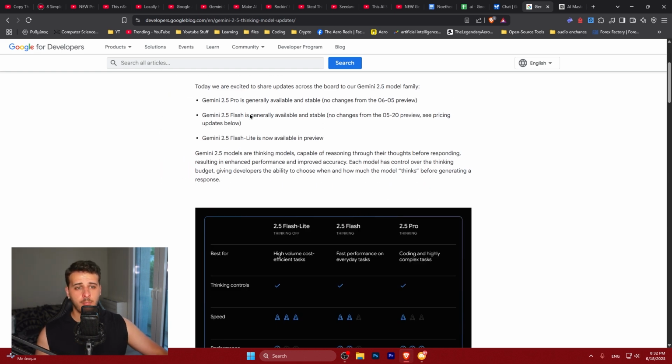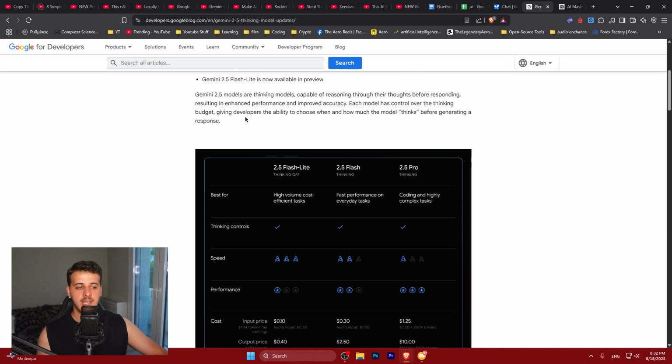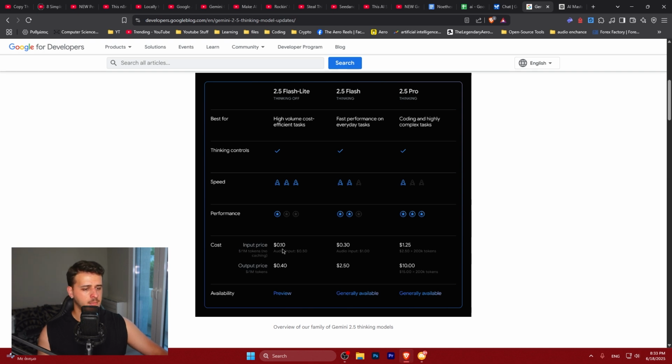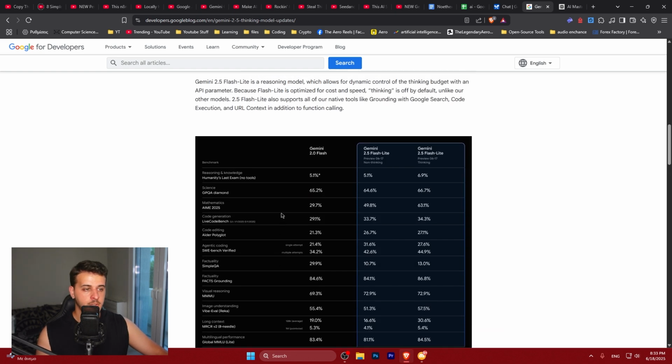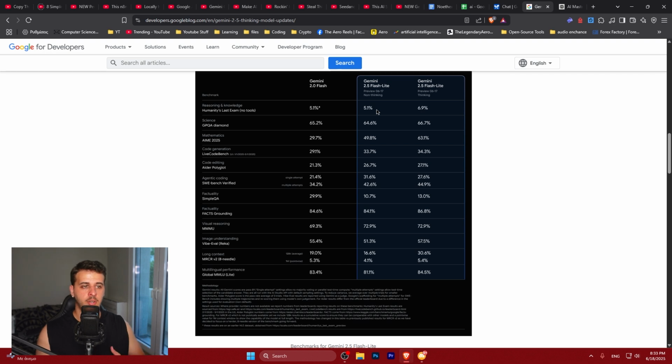So, Gemini 2.5 Pro and Flash just became stable and are generally available, but they also released a new model that is like 3 times cheaper than 2.5 Flash and around 10 to 20 times cheaper than 2.5 Pro. This is a very big deal because this is super fast, you can use it for simple automations and tasks, and it's super cheap. If we see these benchmarks over here, we can see that it is better than Gemini 2.0 Flash. So the previous generation of Gemini Flash model is essentially worse, and it is replaced by this